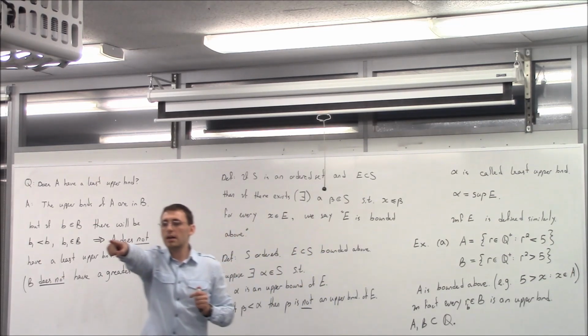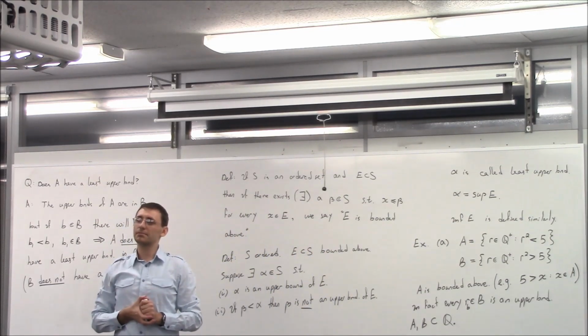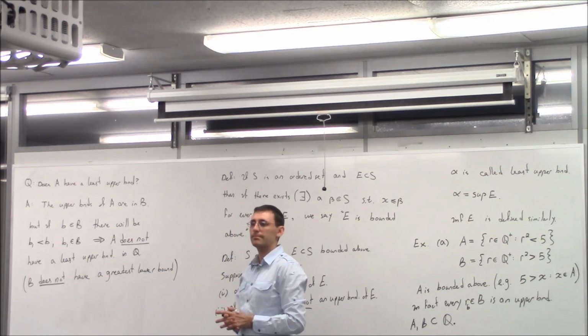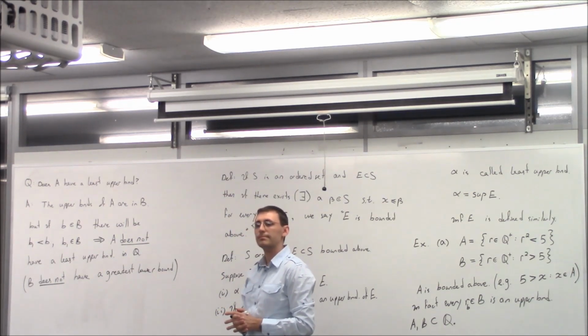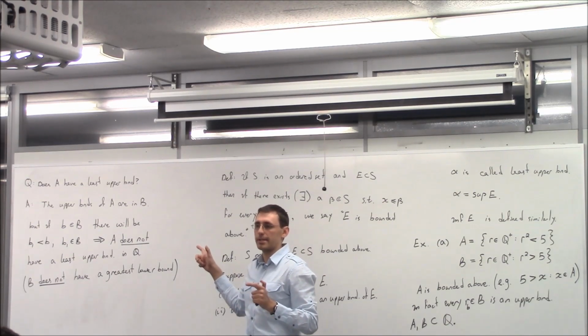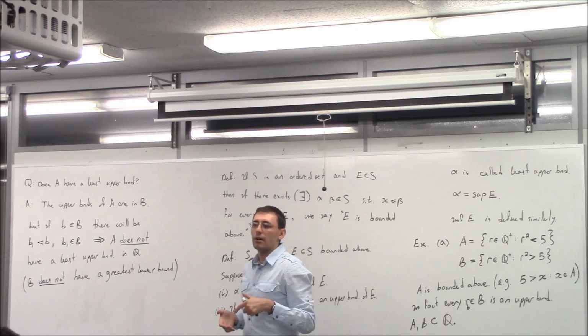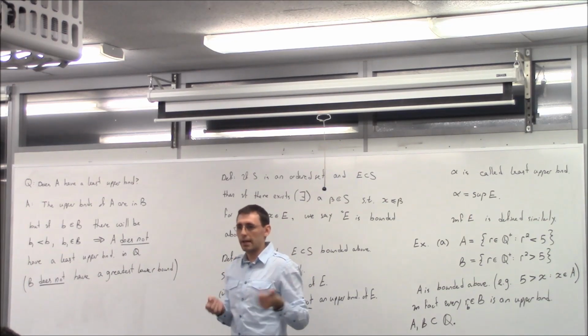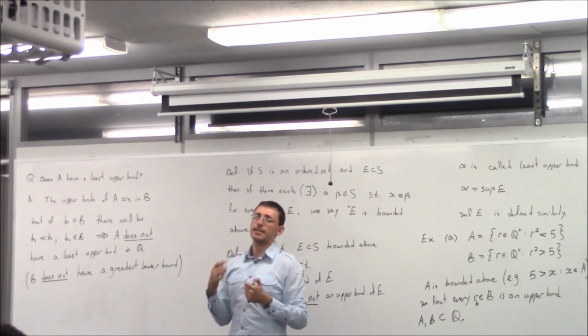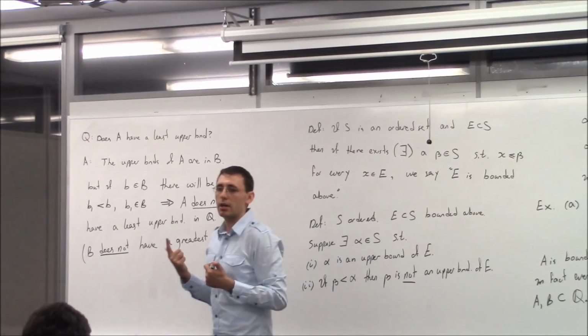Oh, by the way, Sam, right? Yes? So we're looking at this example. Could you relate A's and B's to your definitions with E and S? So in that definition, S is ordered, E is a subset of S. S in this case is the rational numbers, it's Q, right? Okay. A is E. Okay? Now, again, a lot of letters, let's try to ask a simple question.